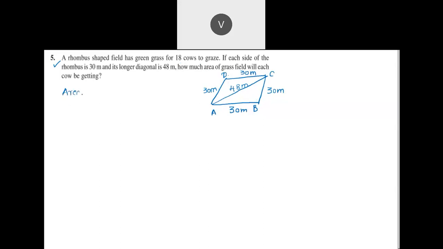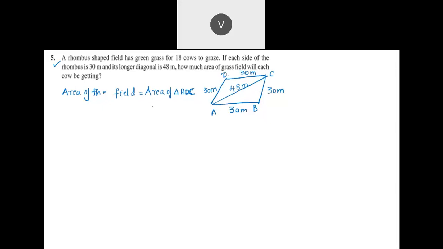So area of the field is equal to area of triangle ADC plus area of triangle ABC. It's an isosceles triangle. Even for an isosceles triangle we are using Heron's formula only, right? Children, if you want, you can use the formula half into b into square root of 4a square minus b square, but no need. That formula is not there in ninth, right? Use Heron's itself, children.